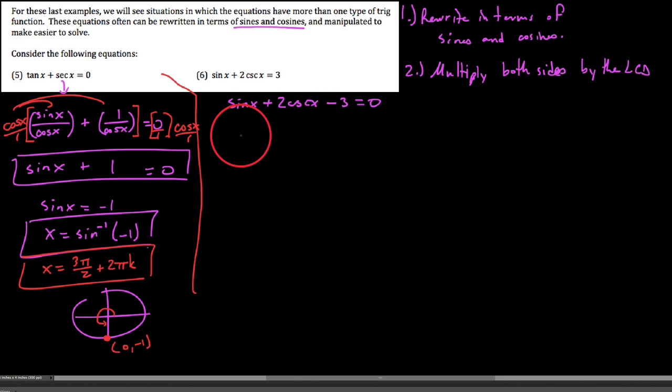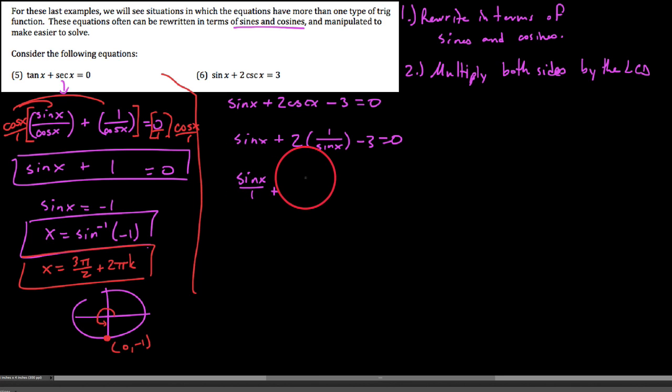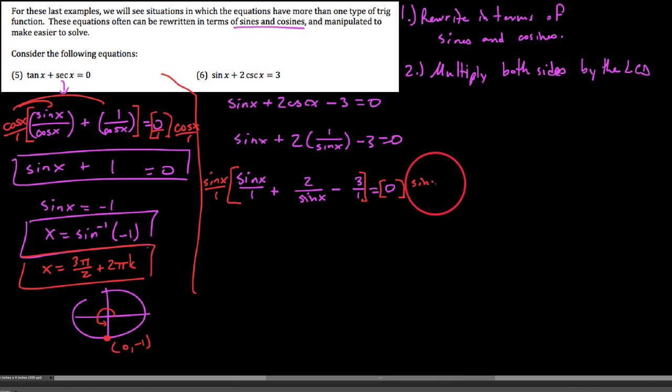So looking at this here, I'm going to go ahead and rewrite our cosecant. We have sine x plus 2 times 1 over the sine of x minus 3 equals 0. And just to be clear on this, I'll even rewrite this here. We get sine x over 1 plus 2 over 1 times 1 over sine x is really 2 over the sine of x. And then we say minus 3 over 1 equals 0. The fact that we have this sine down here means that if we were to now multiply both sides by the least common denominator, which in this case is the sine of x over 1,